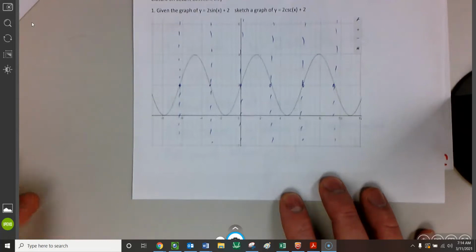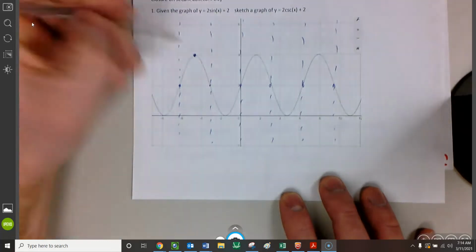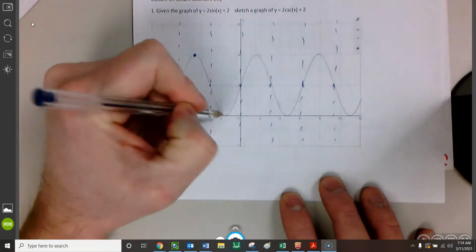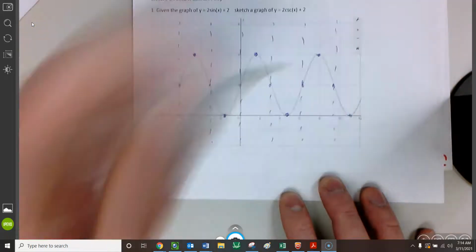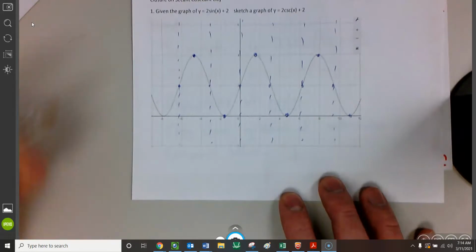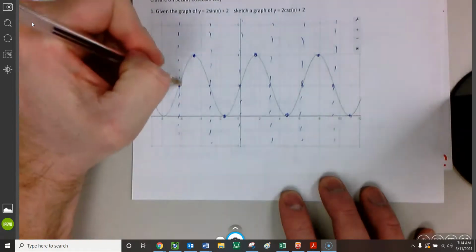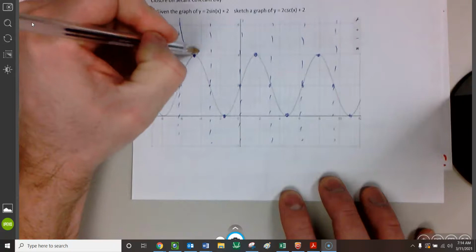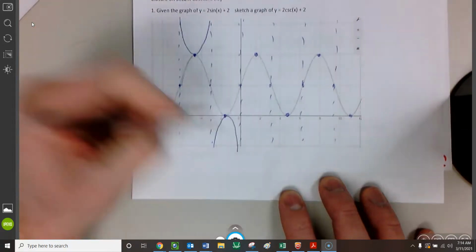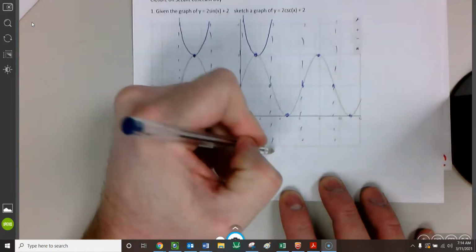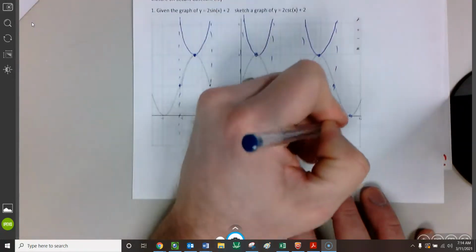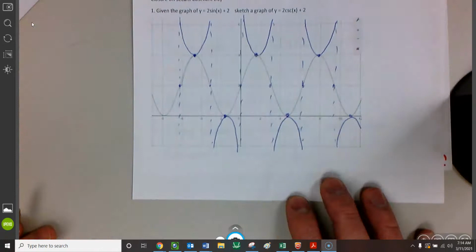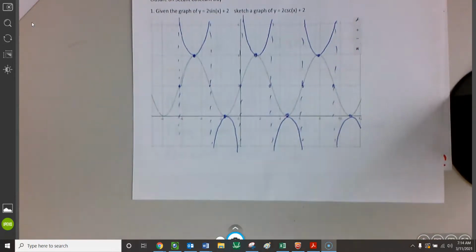Okay. Next, they share maxes and mins. So at that point, that point, that point, that point, that point, and that point, they're the same. And then finally, reciprocal behavior. As one is going up, the other is going down. And we'll get those little parabola looking things. The blue graph is the cosecant version. That's actually our graph. That's what we're looking for. Okay, so